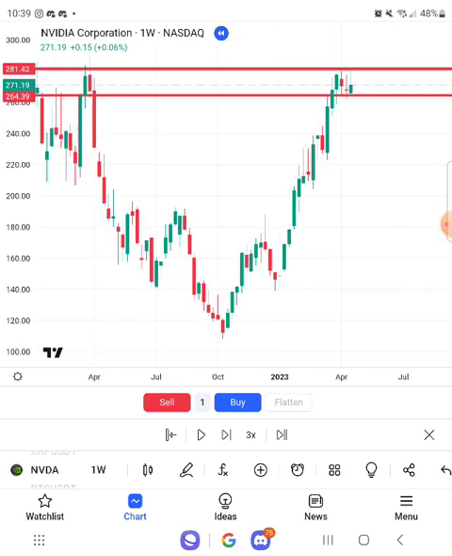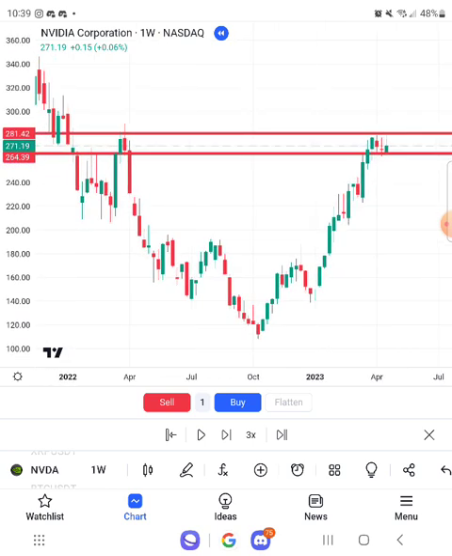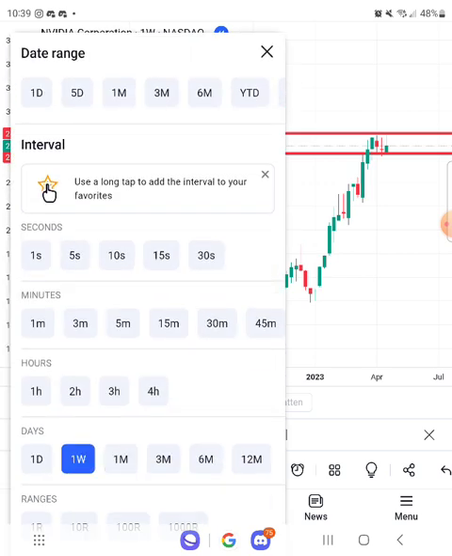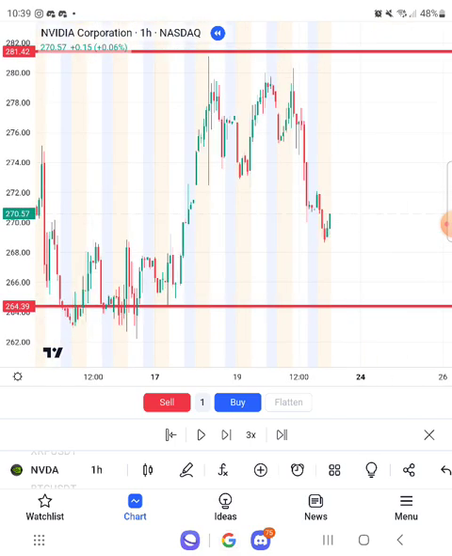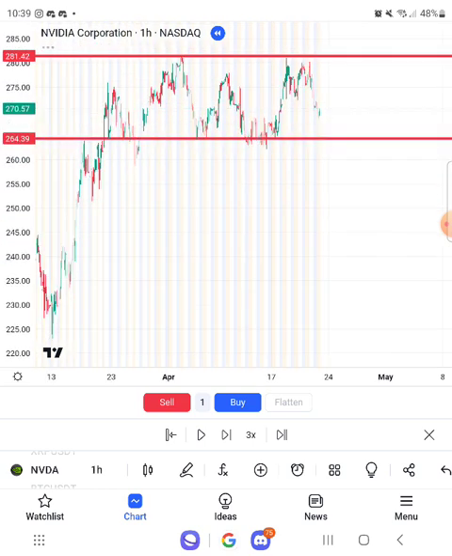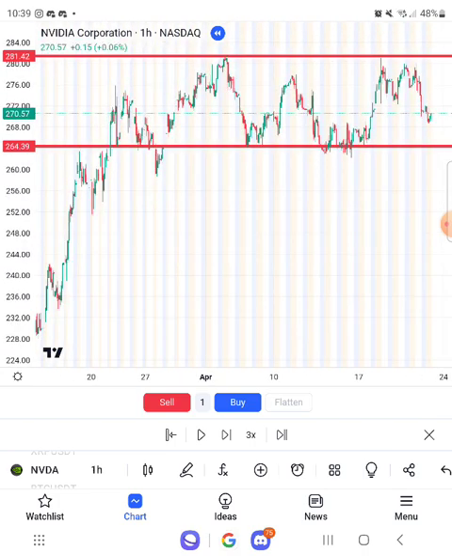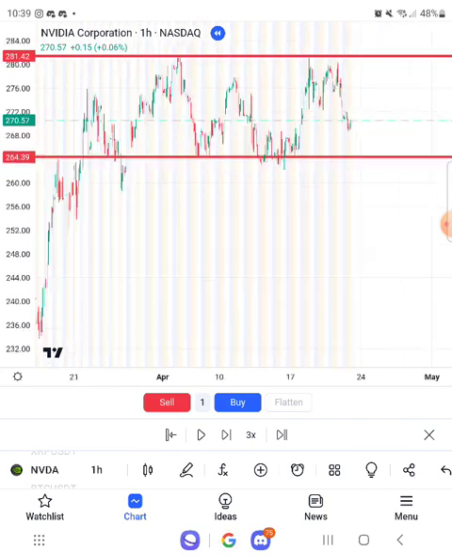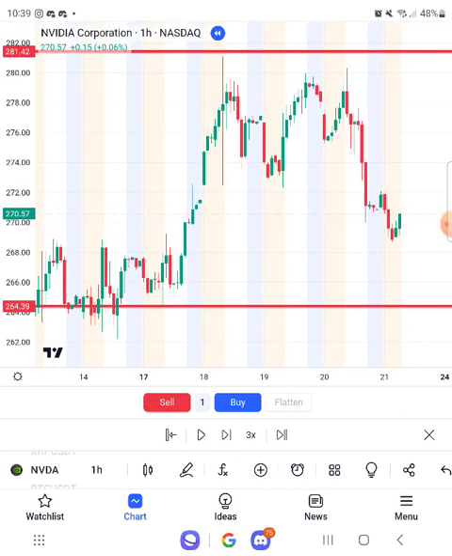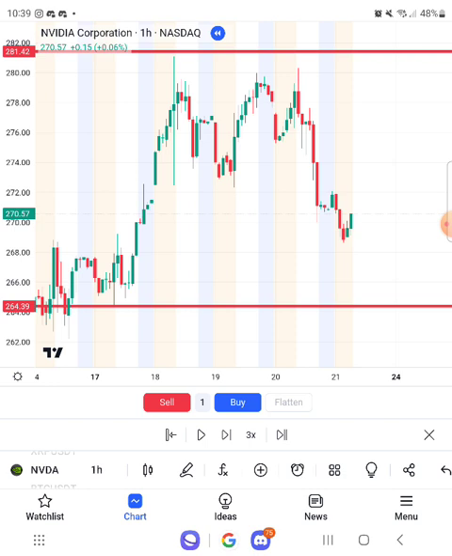Now that I see the general trend of the market for one month and one week, I know pretty much where we stand. I'm going to go to the 1 hour. I could go to the 4 hour, but I prefer the 1 hour. When I go to the 1 hour, the zone still holds. You see, the 1 hour is still within that particular zone, because the stock has reached a level where it had started to fall.